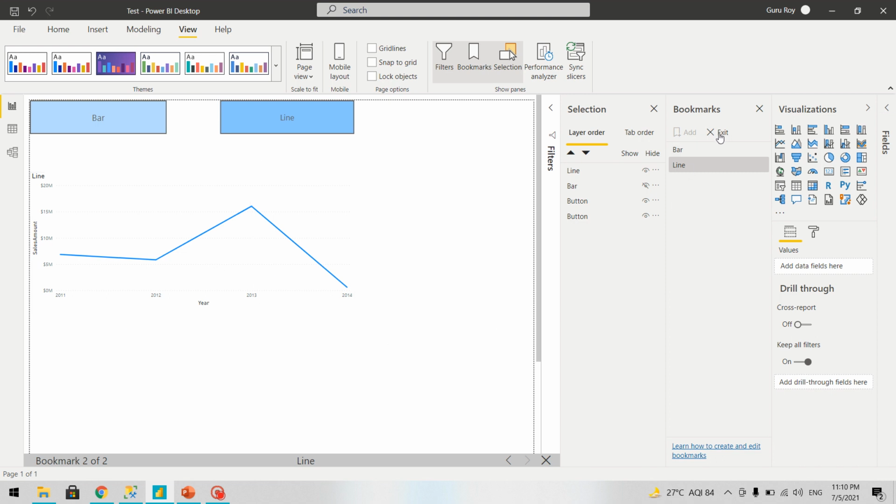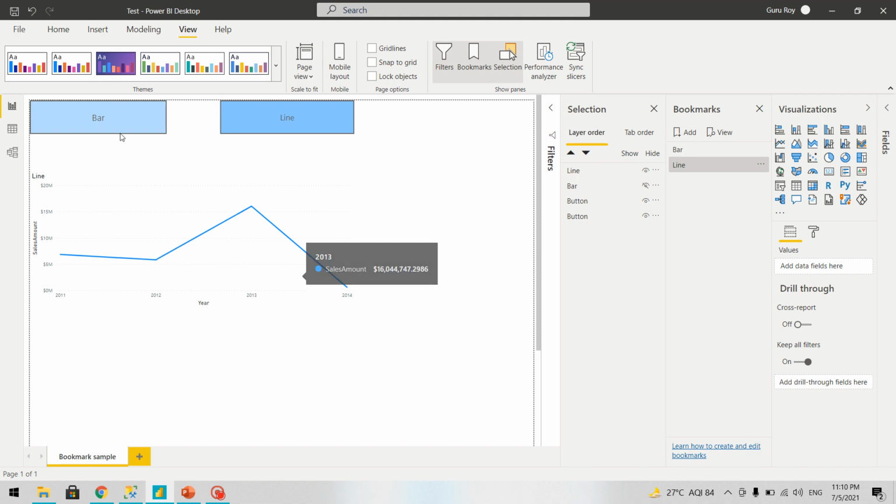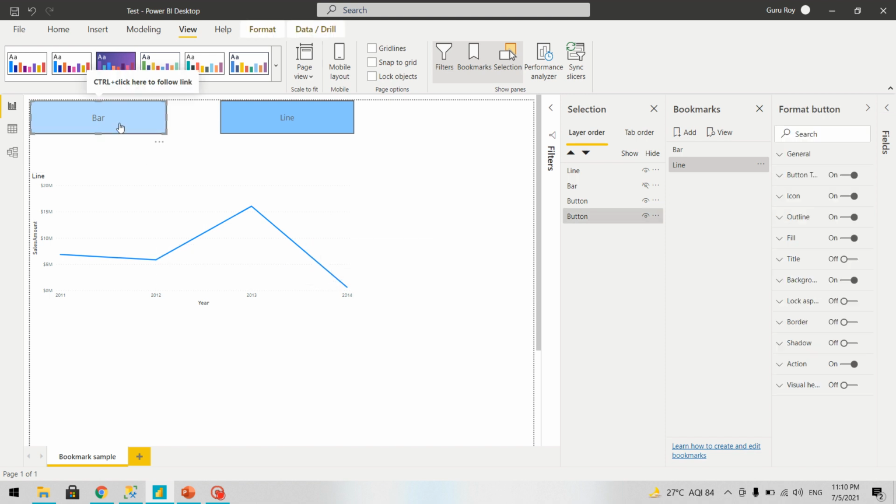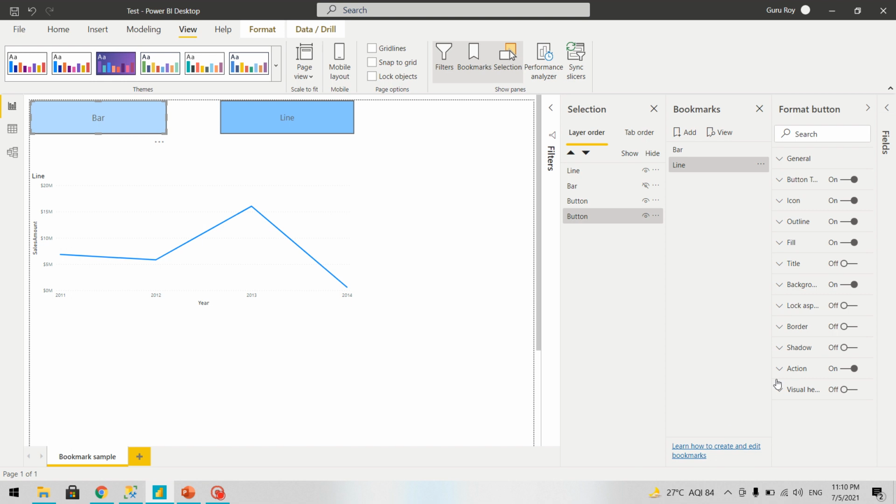Now we want to add action with these buttons. So on click of this button, we want to see bar. So what we'll have to do, we'll select this bar, and we'll go to Action here. We'll select type as bookmark, and in the bookmark, since we are clicking on the bar button, let's select the bar bookmark.